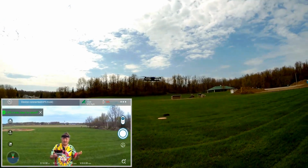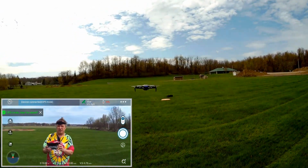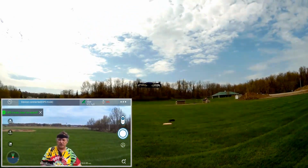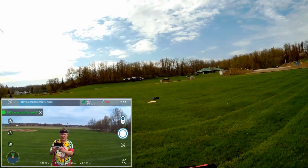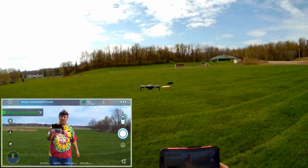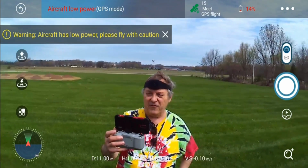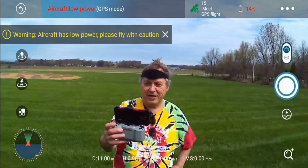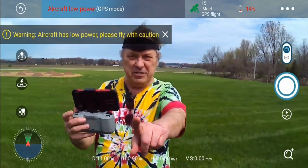So, you know, it's a beginner's GPS drone, although it's got some issues that we discovered. It's bouncing right now with the wind. Okay, the wind, I bring it down to a level that I want and it climbs up a bit because of the wind. There we go. I think I got it on the wind going good. Low power, fly with caution, it's warning me. I know that. Let's talk about that calibration of that